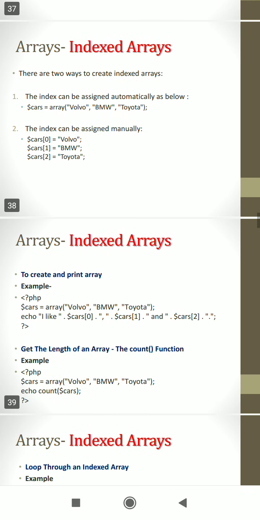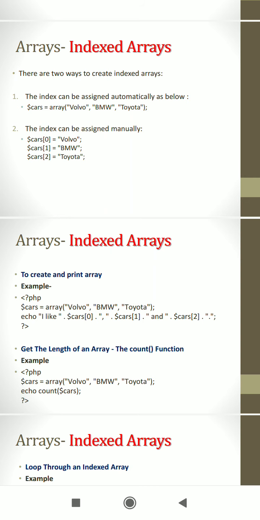Based on this, we will see one example to create and print an array. We have already taken the example of cars. We just have to put it into the program. So the starting tag of PHP, then $cars = array("Volvo", "BMW", "Toyota").